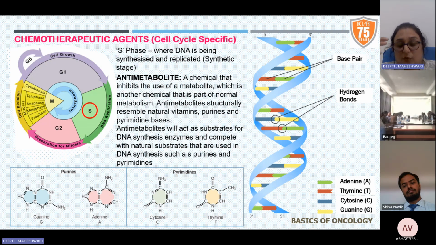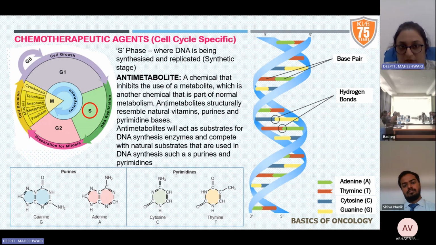So what do you mean by masking? The right ones are not allowed to come, but the wrong ones are present. So this procedure is called masking. Because of masking, the normal metabolites are not given to the cell and the normal functioning of DNA replication does not take place. So that is a simple mode of action of an antimetabolite, and this is happening in the